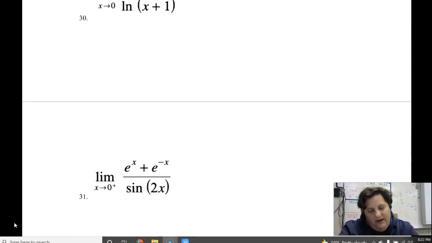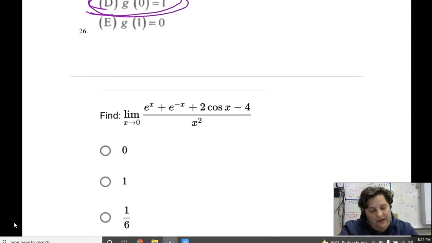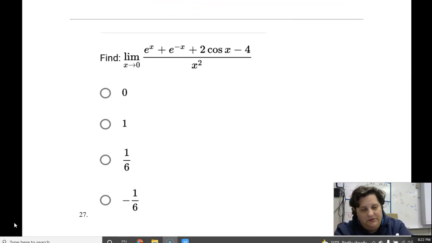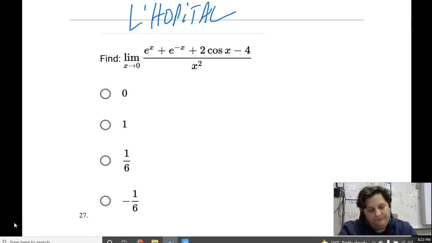27, 29, 30, 31... These are all L'Hopital, okay? So let's go ahead and we'll go up to like 31 so we can finish off with some L'Hopital. All right. Okay, right now, if I plug in 0, remember, you always want to plug in 0 first just